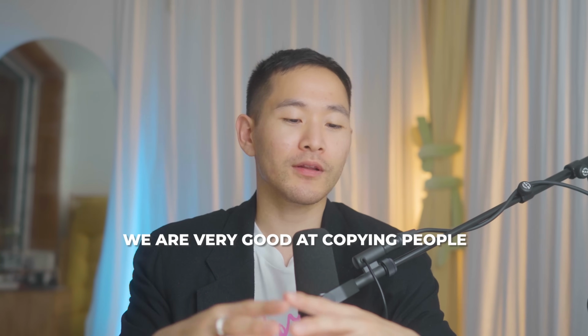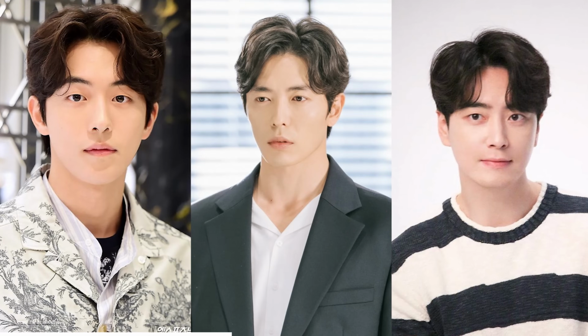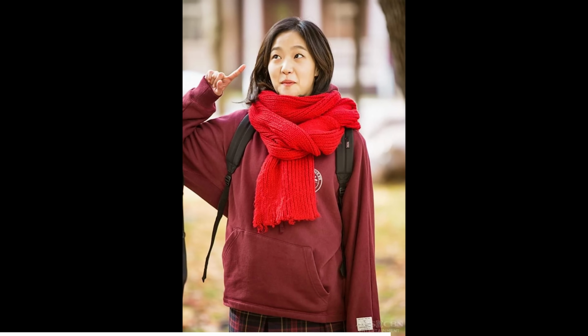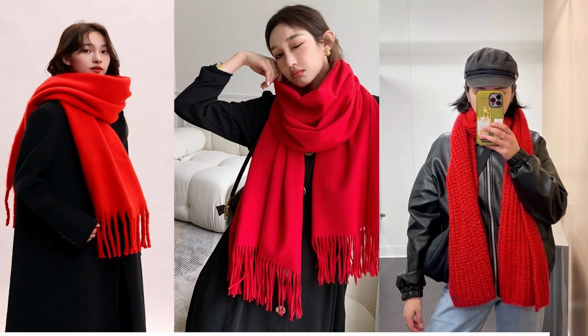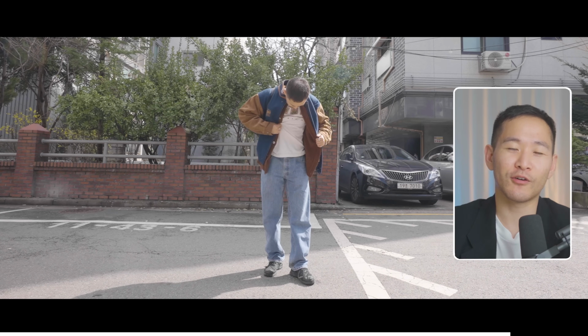The next Korean thing, if you like, is that we are very good at copying people, and we like to fit in. If some guy in the movies had this haircut, everybody's trying to do that haircut. If some girl dressed well in this way, everybody's trying to dress well. Now, obviously, this is not what you really want. You want to have a bit of wit. You want to add this character to your outfits,